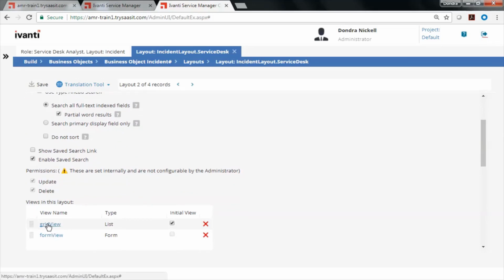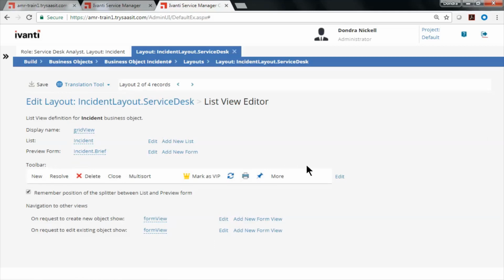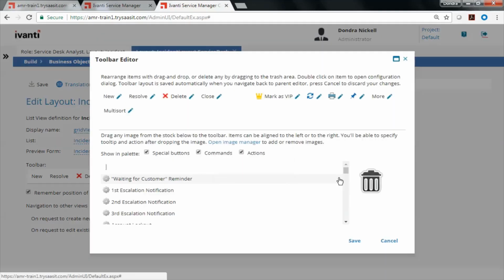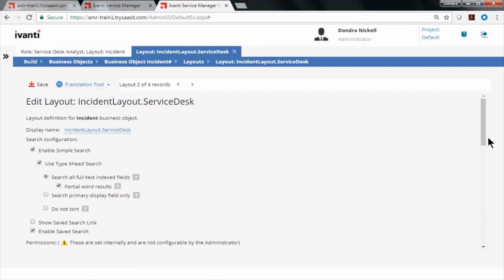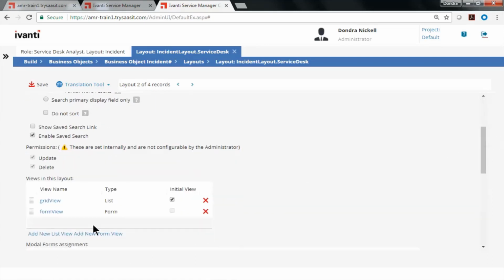So for the list, I clicked on this. For the toolbar editor, I clicked on edit, and then I was able to drag or remove buttons. All right, so that's for list view. Now I'm going to use my breadcrumb and go back a level. And for form view,